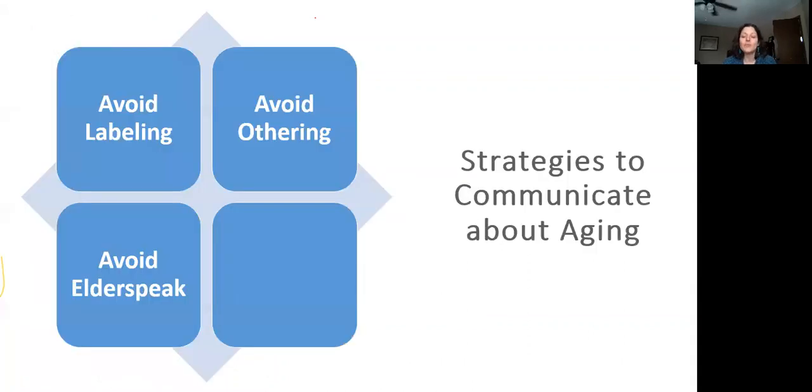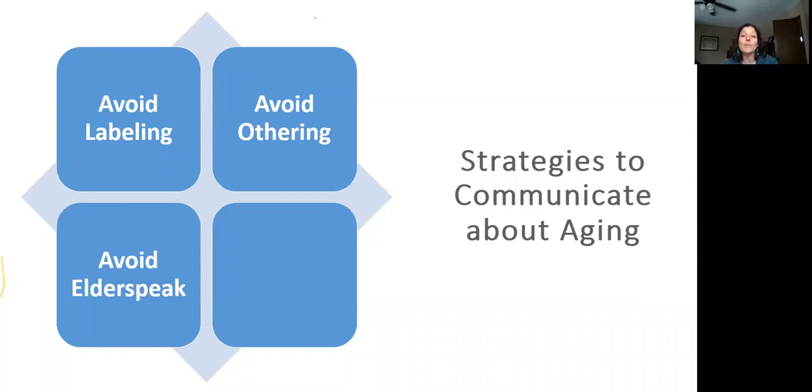So the next strategy, we're coming back to elder speak. We talked about this a little bit earlier. And just to reiterate, it kind of sounds like the way someone would talk to a child. I would advocate for not talking to children that way either, but that tends to be the way that we can think of it. So research indicates that elder speak makes people associate with the assumptions that are being made about them, right? It makes them think about older age as being associated with incompetence or being associated with frailty or decline or